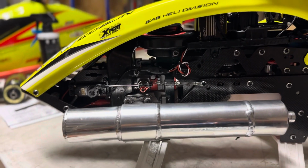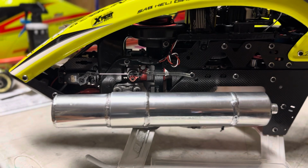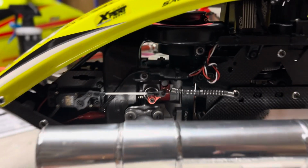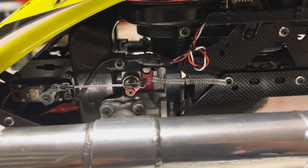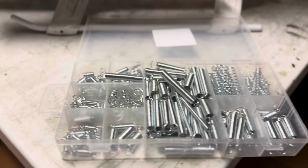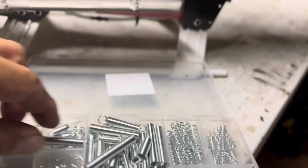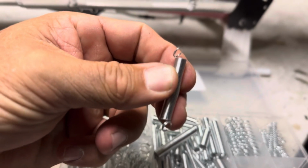So anymore, I said, you know what? Time to be a little more forward thinking and ready for something like that. So I went to a throttle spring. So basically, I just buy a spring. Amazon has one of these kits with all these springs, of which I don't need hardly any of them, but you can grab a couple of these here, like this one or this one here,